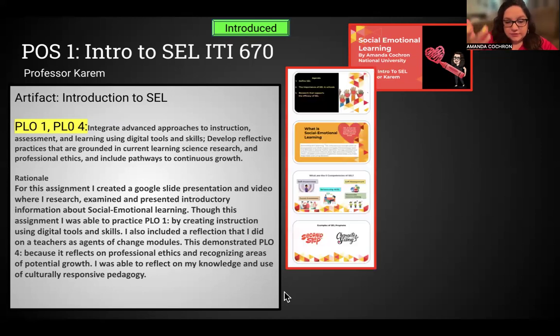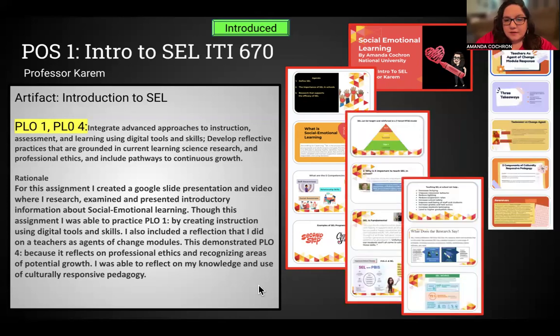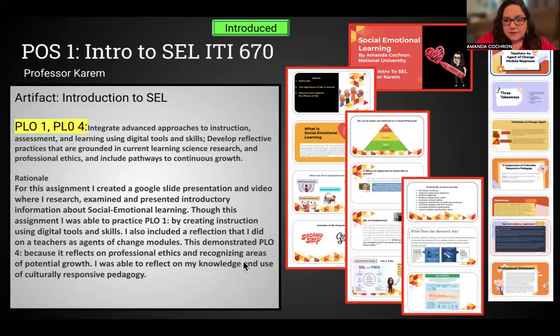I created instruction using digital tools, which is PLO1, and I included a reflection that I did on the teachers as agents of change module. This helped me to satisfy PLO4 because I was able to reflect on my knowledge and use of culturally responsive pedagogy. I would say that this one was an introduced. So you'll see the slides representing the intro to SEL and then the culturally responsive pedagogy.